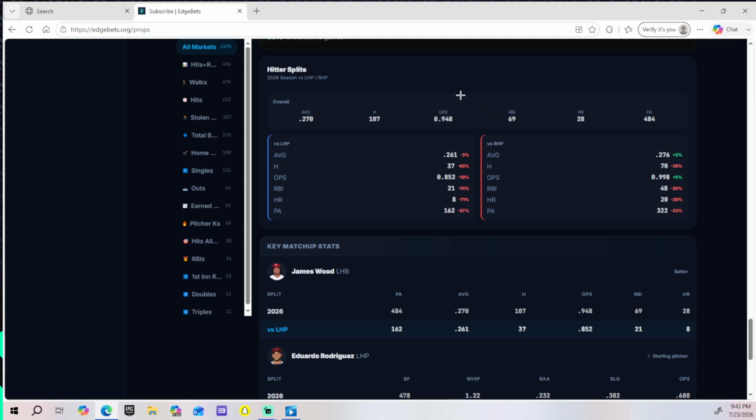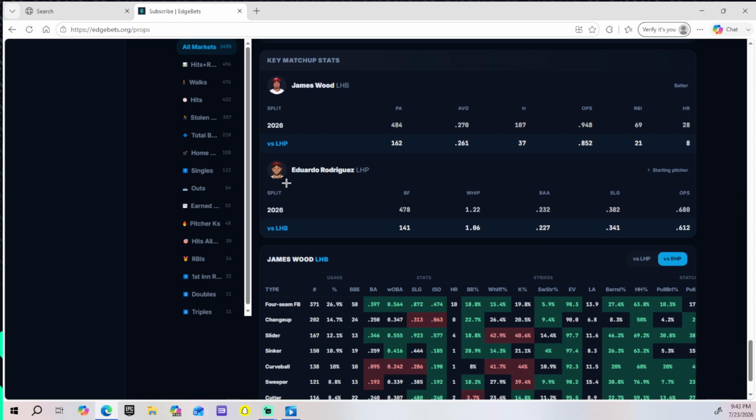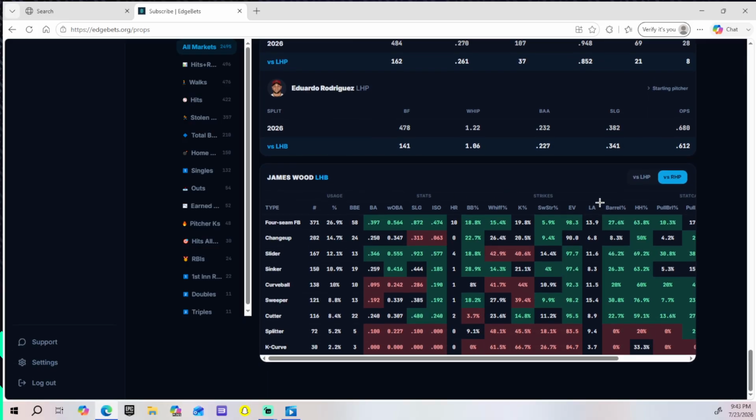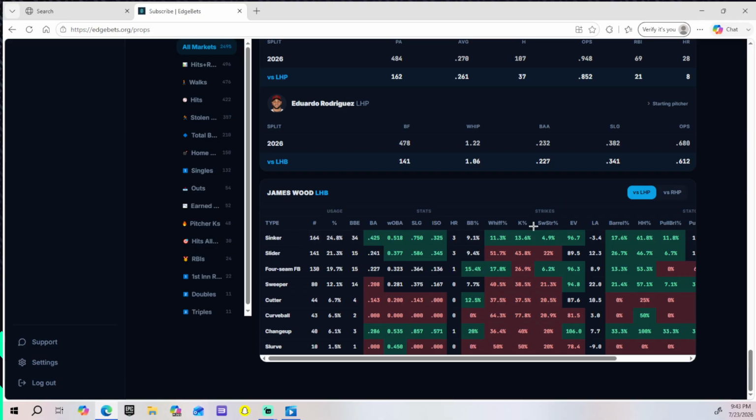I'll let you look at that and determine what you like about that. Right here, we can go down to his matchup versus the pitcher. Okay, now we can look at how this matches up. And this loads versus